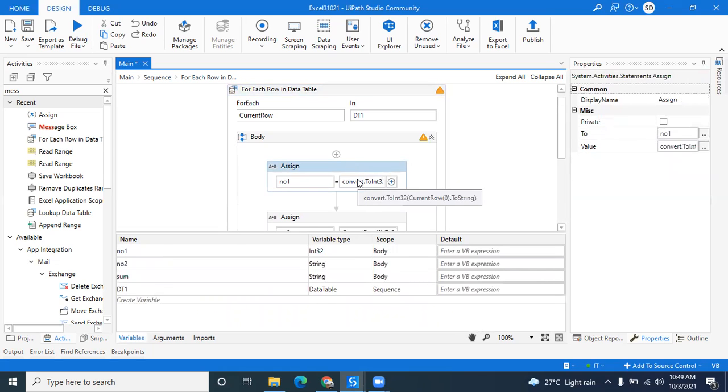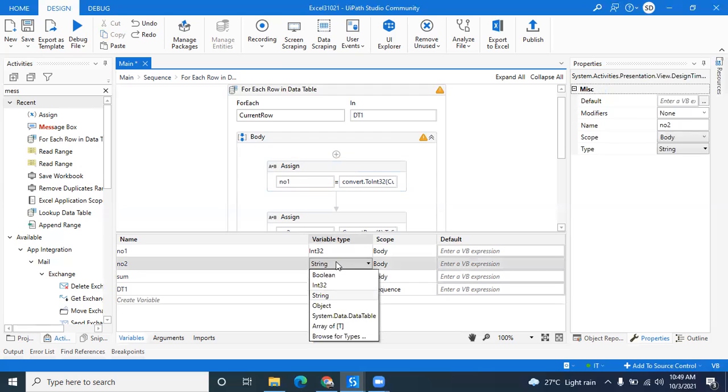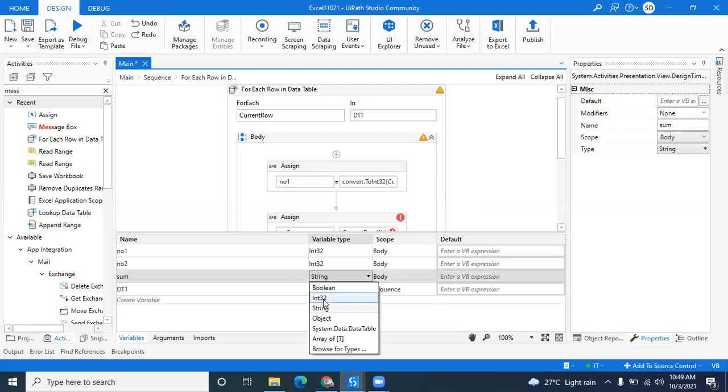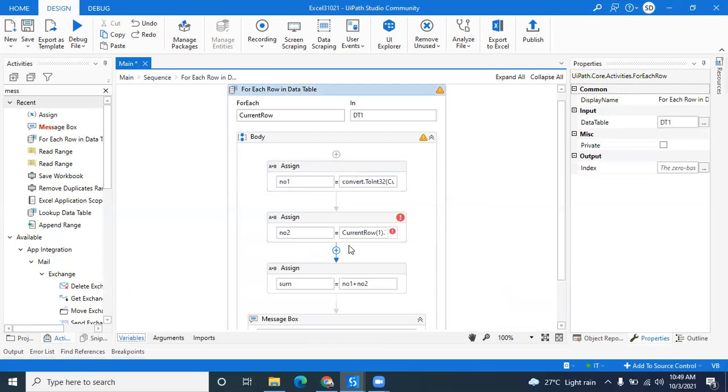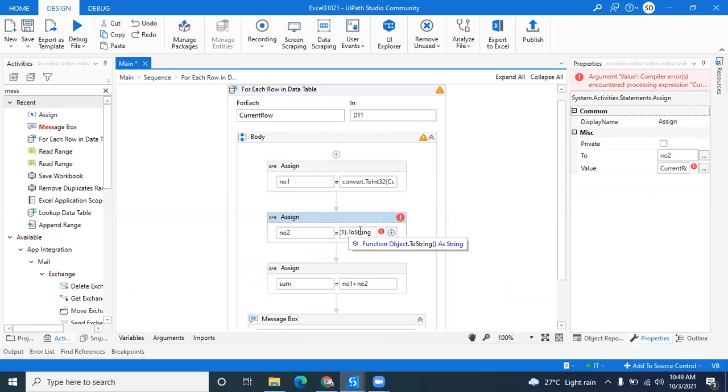So I'm just using Convert.ToInt32, and what we want to convert is current row of 0 dot to string. And here again, I should change the variable type to Int32, and here again, I should convert into an integer with Convert.ToInt32.